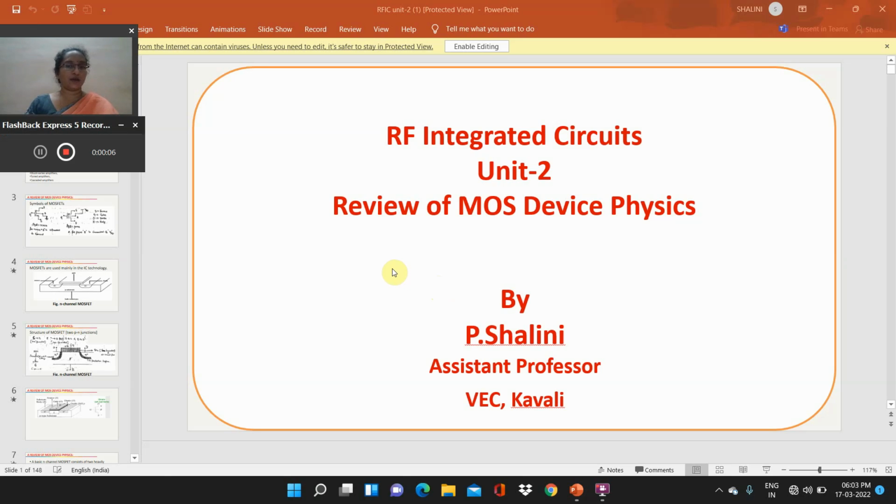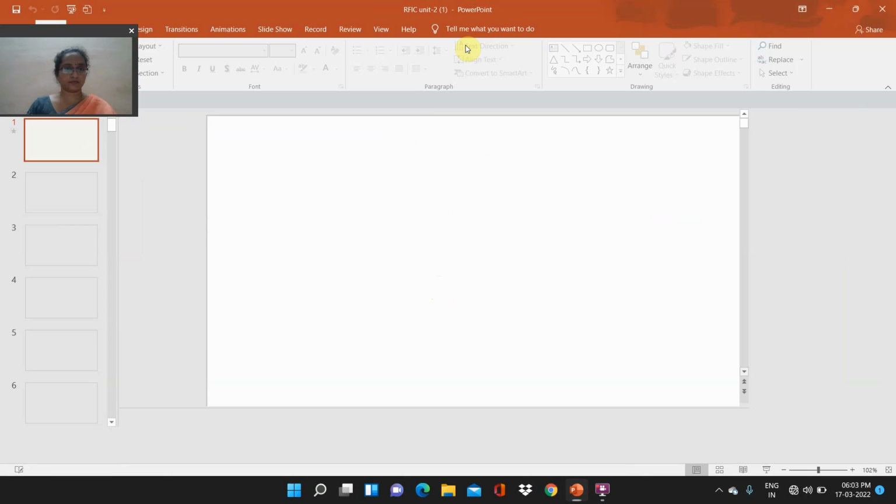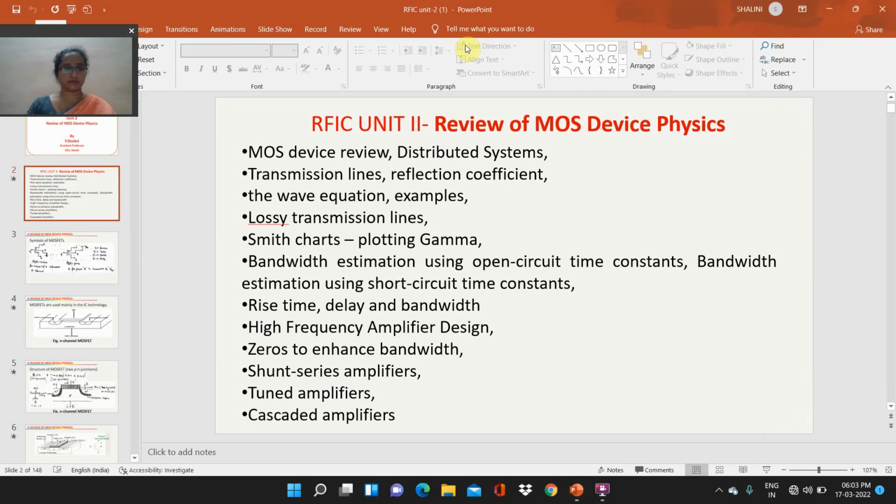Today we are again going to discuss RF integrated circuits, Unit 2: review of MOS device physics. What are the basic concepts involved in this topic? MOS device review, distributed systems. Second topic: transmission lines, reflection coefficient, the wave equation and examples, lossy transmission line, Smith charts, plotting gamma, bandwidth estimation